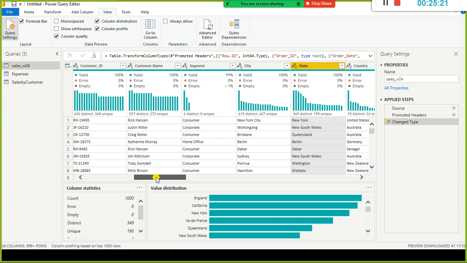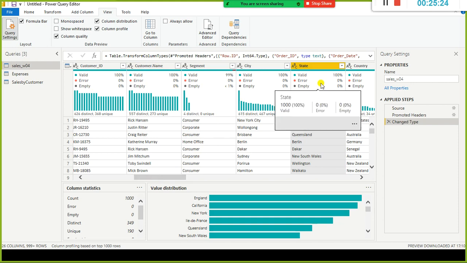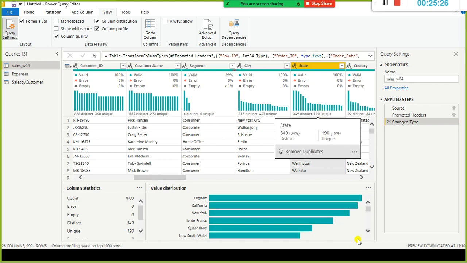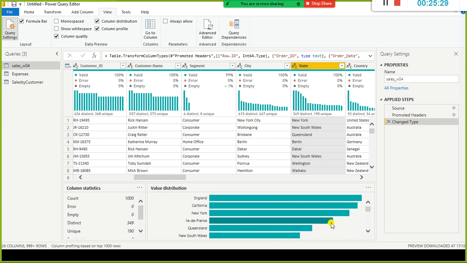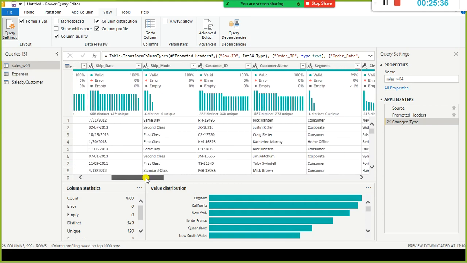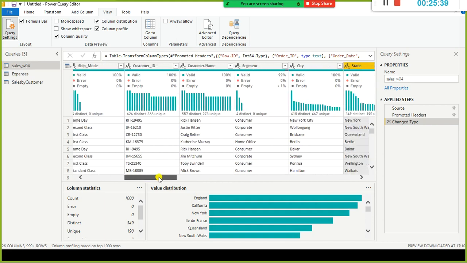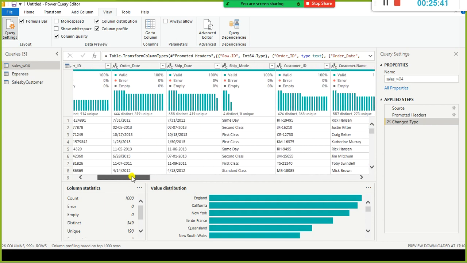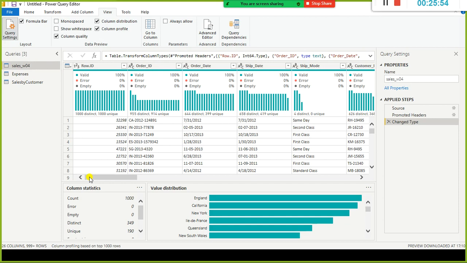Okay, so now let us look at the state. Yeah, this is kind of a histogram, the same thing. This is horizontal, this is a vertical chart. Ship mode. Okay, and by looking at this, we should be able to understand that four distinct values are there in ship mode, 0 unique. Here it shows 658 distinct values and 419 unique values. Good. So with this, we get some idea about this column.